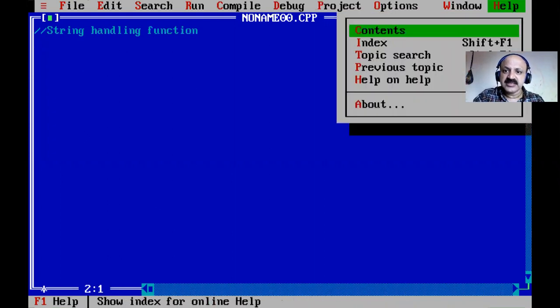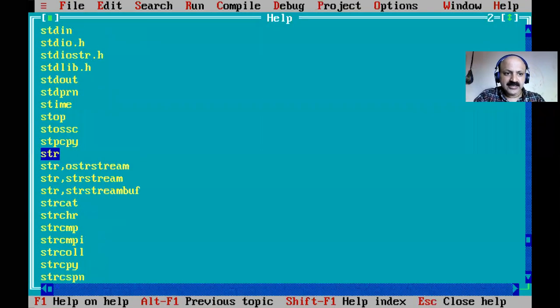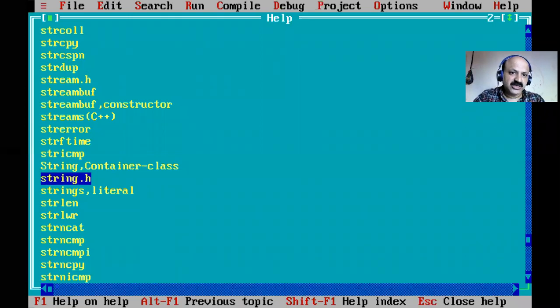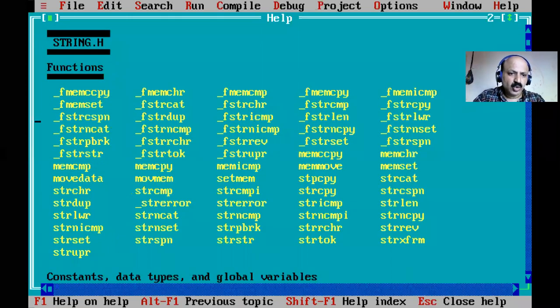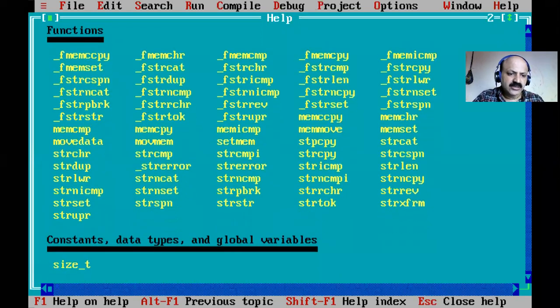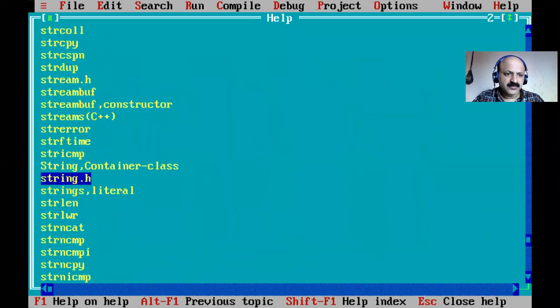First we can see in the help library, that is string.h, and here so many functions are there. In one session we cannot take all functions, but we can take the most used ones. Like strlen, string length.